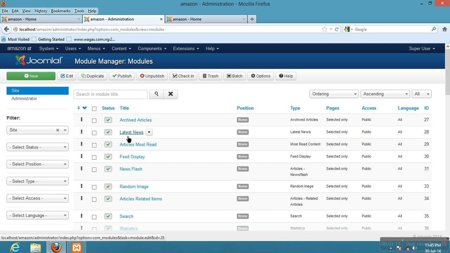Okay. It is actually published, that's why you have it being this good sign. If you have an X sign, that means it's not published. So that is not the reason why it's not showing. The reason why it's not showing is because it does not have any position yet. No position has been assigned to it. So all I'll simply do is I want this latest news module to appear on my website. So what do? I'll simply click on it,